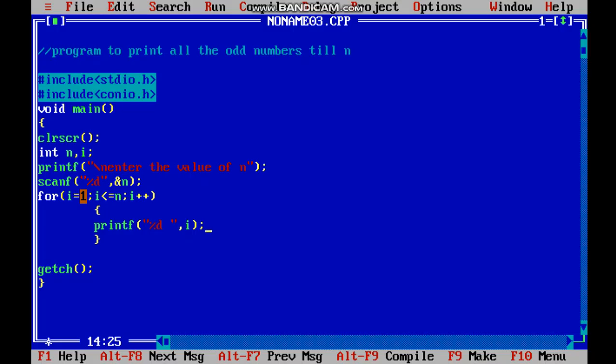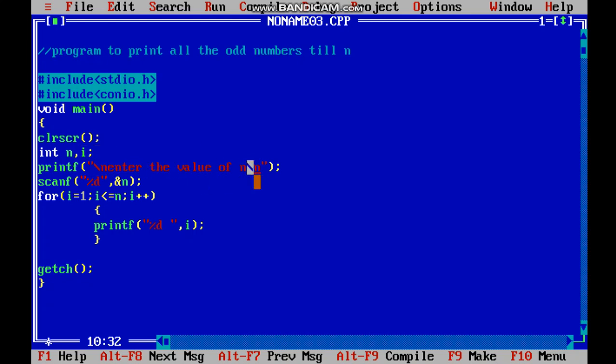Enter the value of n. Suppose 56. See, what I did is I did not give a new line here, so you should give a new line here also. This new line will allow the "enter the value of n" to print on the second line, and this \n will make whatever is to be printed go on the next line after "enter the value of n".